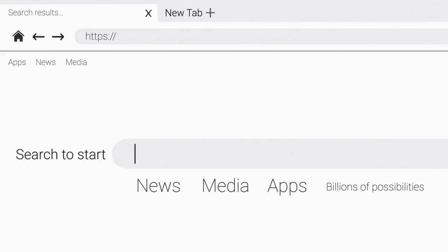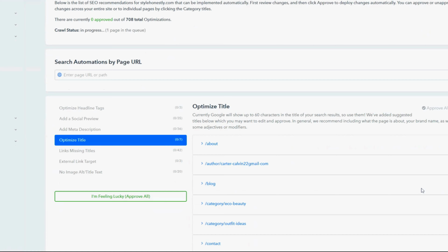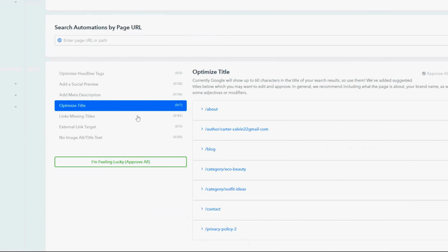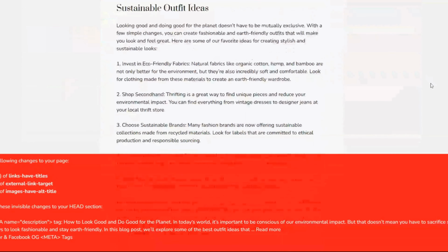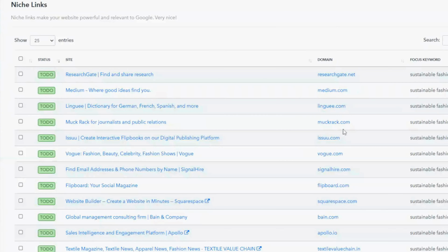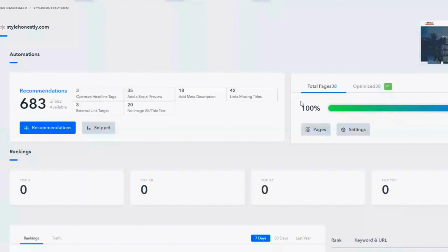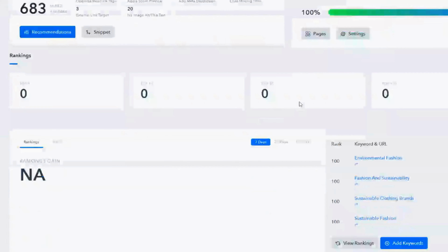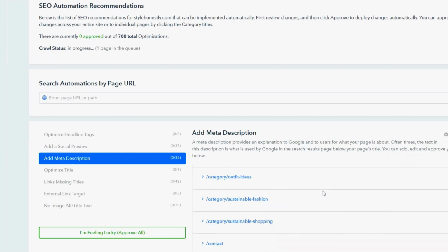Finally, here's the AI that takes things to the next level, Alli.ai. Imagine having your SEO work done automatically. Alli.ai does just that. It handles everything from on-page optimization to internal linking and even link building. It constantly scans and updates your website to keep it optimized based on the latest SEO updates. Alli.ai is perfect if you want to set up your SEO strategy and let AI take care of the rest. From tweaking your content to adjusting meta tags, this tool works in the background 24/7 so you can focus on